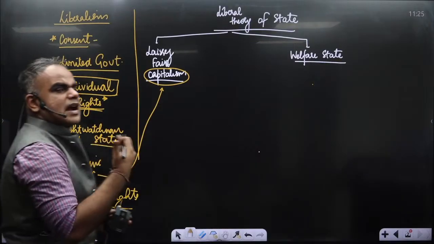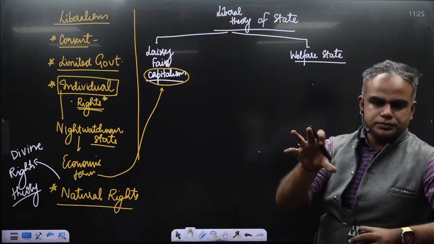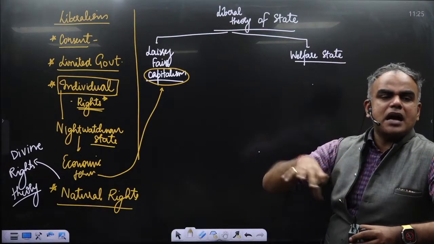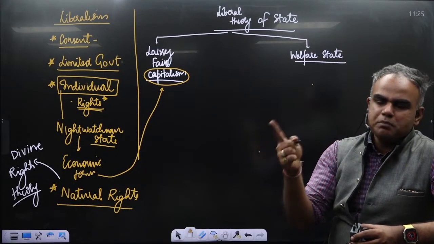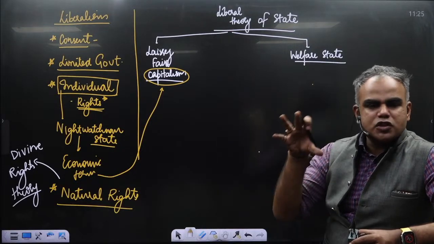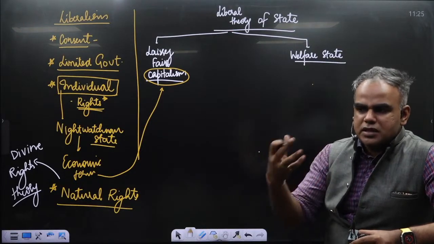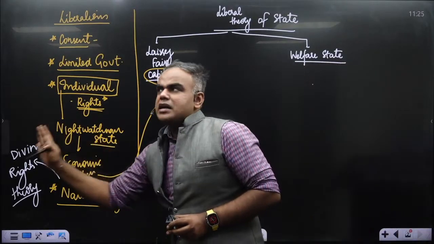Now, divine rights theory, you had medievalism. In medieval times you had feudalism, where most of the land was either taken care of by the state or by the church. People could not have access to land. In the same manner, if you don't have access to property, you cannot do business, you cannot have your own work. This was preceding liberalism.